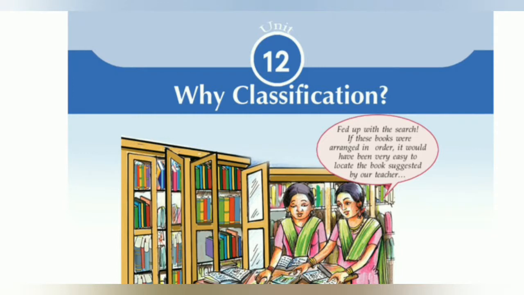So we were dealing with Unit 12, Classification of Living Organisms, from the Basic Science textbook, Biology part, of Class 8. We have discussed some important topics in the previous class, such as what is classification, taxonomy and milestones in taxonomy. And today we are going to discuss another important topic.